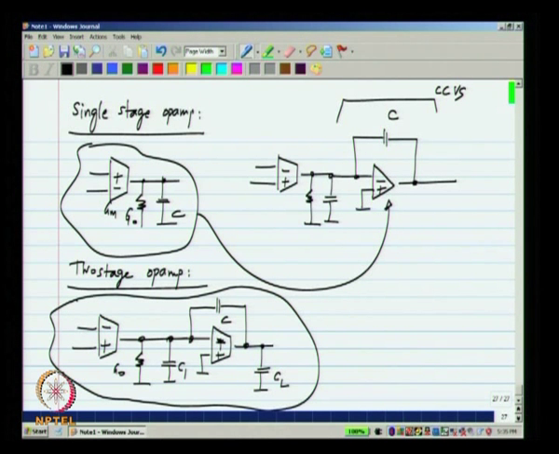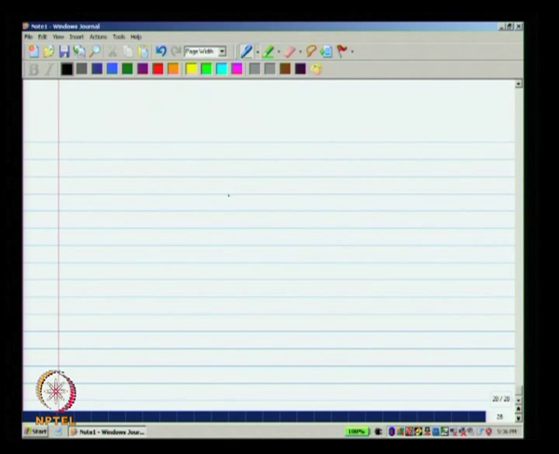Now, I can play this game further, right. I know that if this were an ideal op amp, I would get ideal integration from there to there, but of course, I do not have an ideal op amp. But instead of using a single stage op amp which is inferior, I could try and use the 2 stage op amp over there. Okay. So, that may give me better results, right, because after all 2 stage op amp is better than the single stage op amp. Using a 2 stage op amp here has to give me better results than using a single stage op amp. Okay. So, that is what I will do here. I will redraw it with this op amp being a 2 stage op amp. Okay. So, first let me draw the 2 stage op amp.